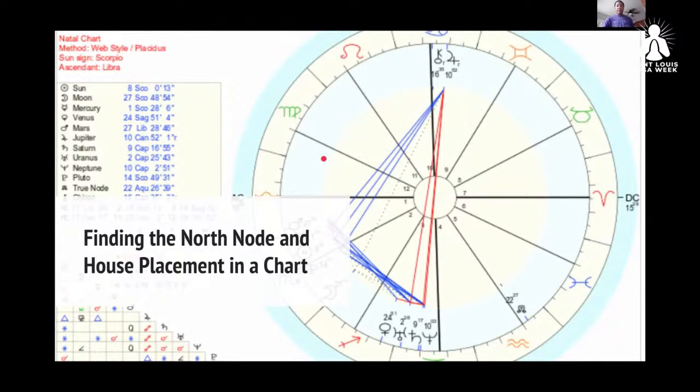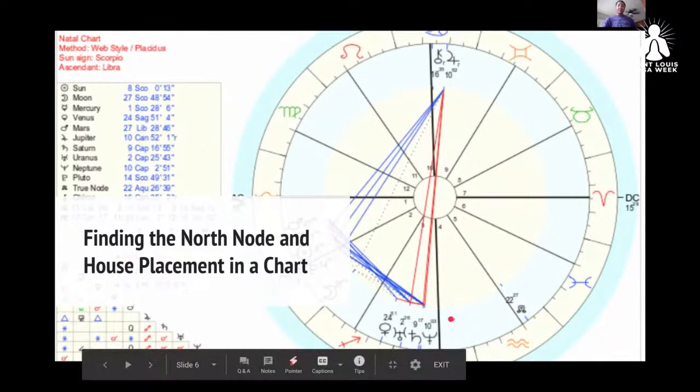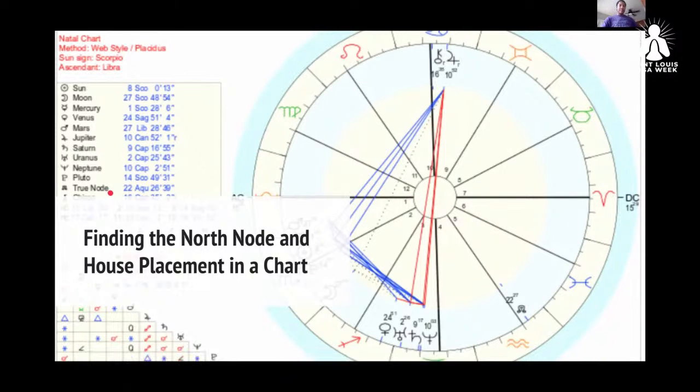If you wanted to look at it in the actual chart itself, there are a lot of things going on here, but we're still looking for the little headphones. You'll see over here that the pair of headphones is in sort of the squiggly sign, which is Aquarius. I would recommend, unless you are already familiar with what all of the glyphs are and which zodiac sign they're referring to, just read down the list to the true node placement. And that will tell you right off the top which you're looking at.